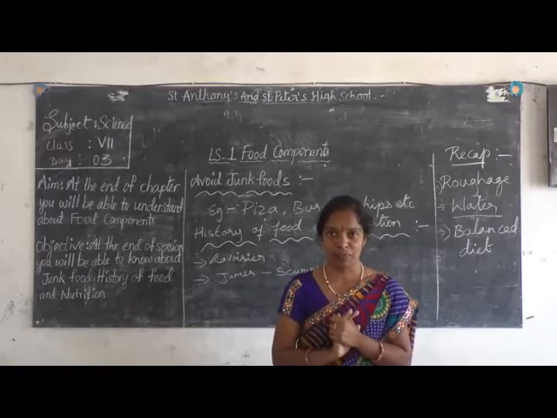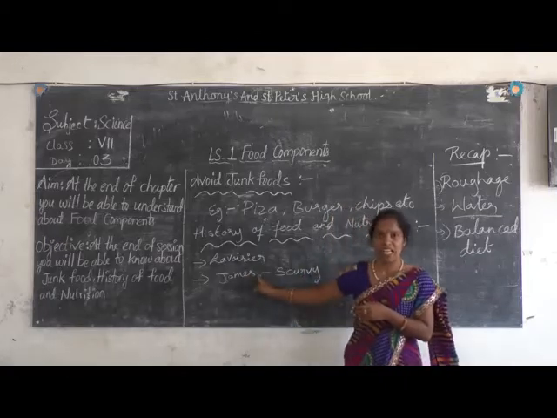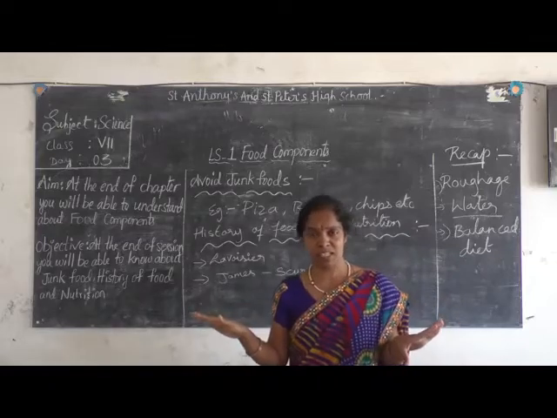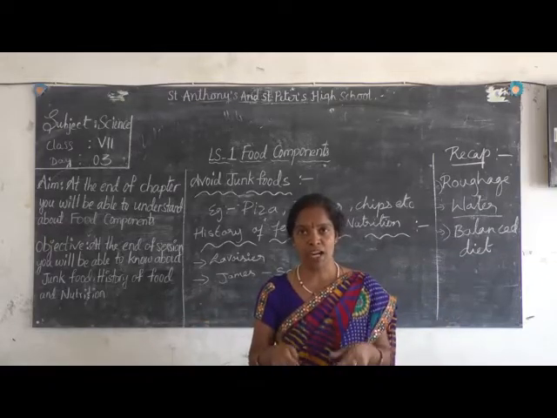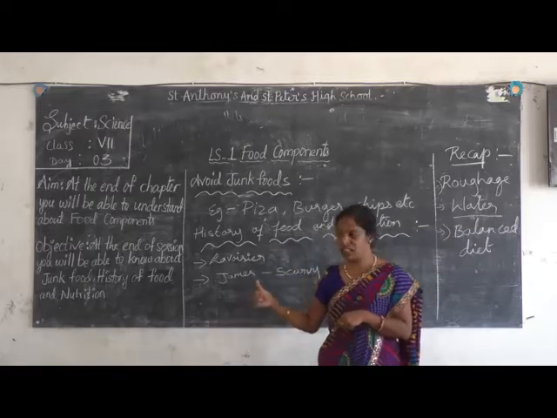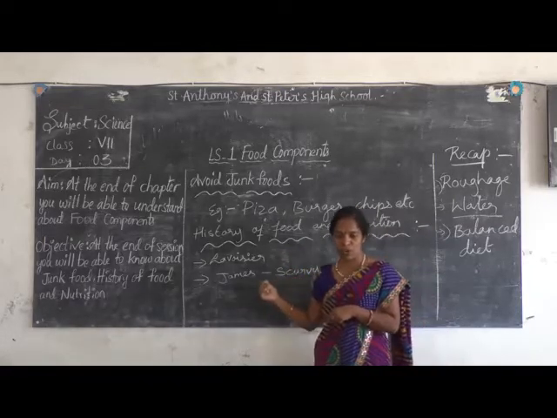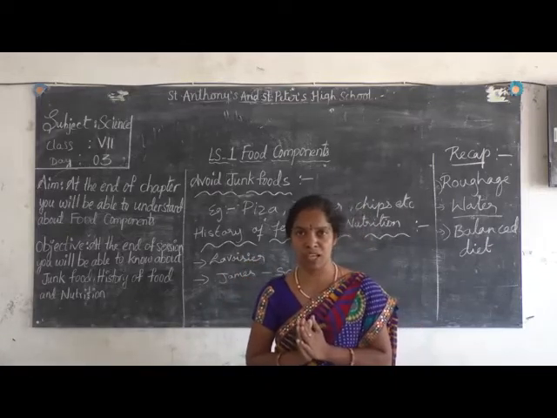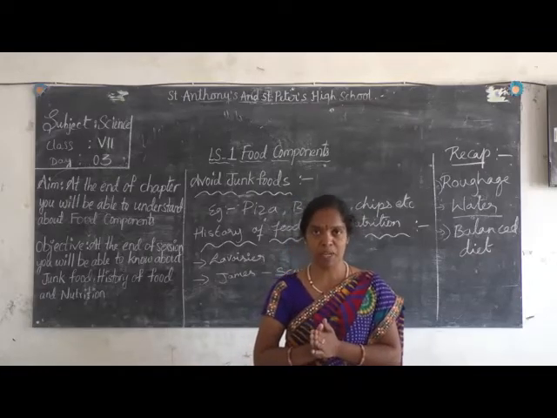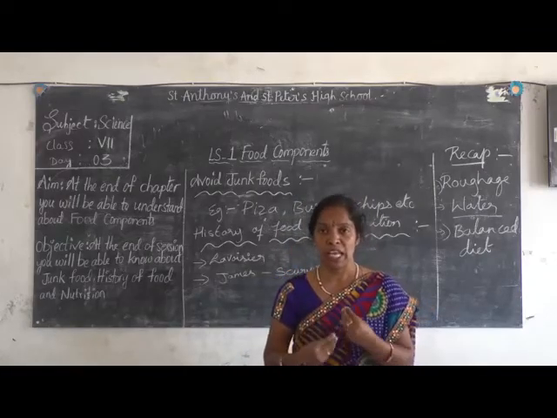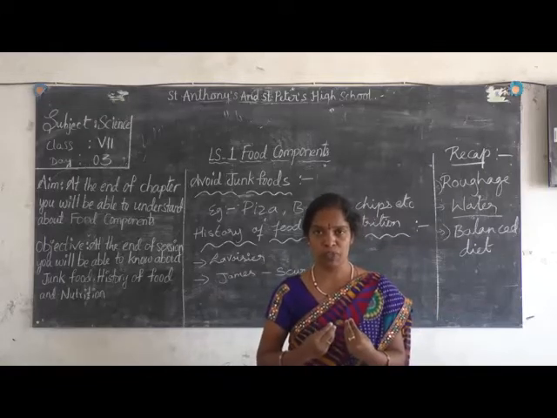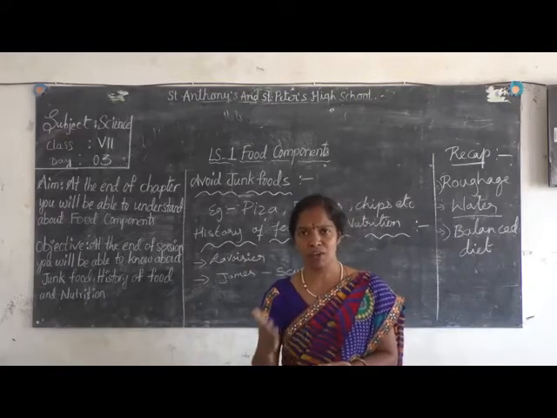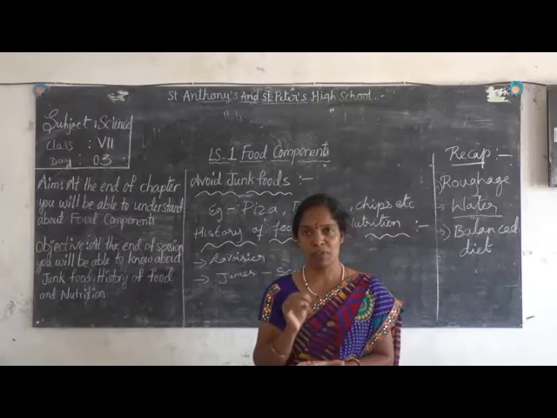How to avoid that? This scientist James discovered that scurvy is a disease which will not go by the use of medicines. By taking food and nutrition only, we can avoid this disease scurvy. He said not only that, malnutrition and different types of diseases are there. Malnutrition means a lack of nutrition. ఏవైతే న్యూట్రిషన్స్ ఫుడ్ సరిగ్గా తీసుకోరు పిల్లలు, so they will get malnutrition diseases. So if you take all kinds of fruits and vegetables and pulses, you will be very healthy.